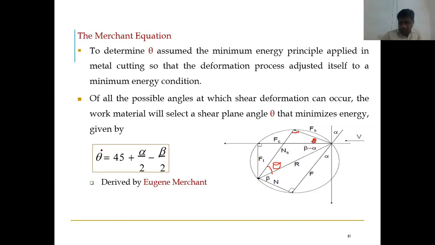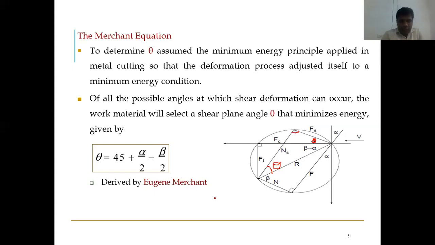So theta is nothing but the shear angle. Previously we also calculated the shear angle in terms of tan theta. So what did we calculate for tan theta before class? Can anybody remind me? Shear angle: tan theta equals R cos alpha by 1 minus R sin alpha. Please don't get confused in this. Cos comes in the numerator and sin comes in the denominator, so R cos alpha divided by 1 minus R sin alpha.